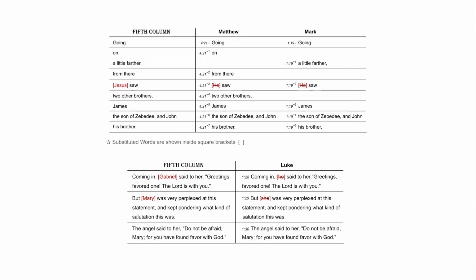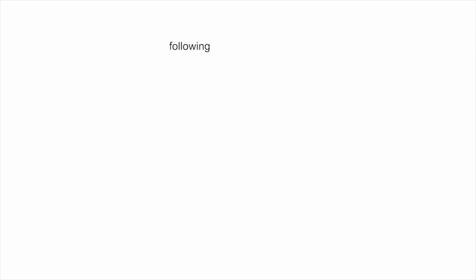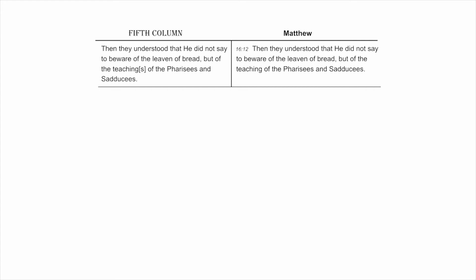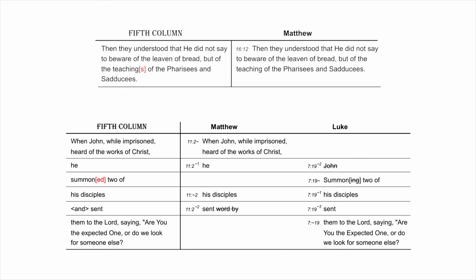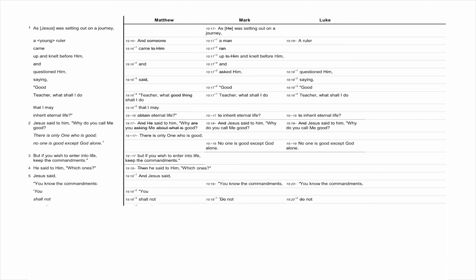Also for logical flow, the suffixes of certain words can be changed to change the tense, as from the past to the present, or a suffix can be added or modified to change an object from singular to plural, and vice versa. To note any additions or modifications, all added words and changed suffixes are enclosed inside square brackets within the fifth column. Now with this method, it is possible to see what any set of parallel verses might say